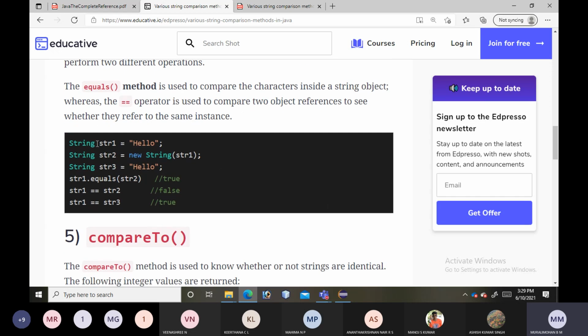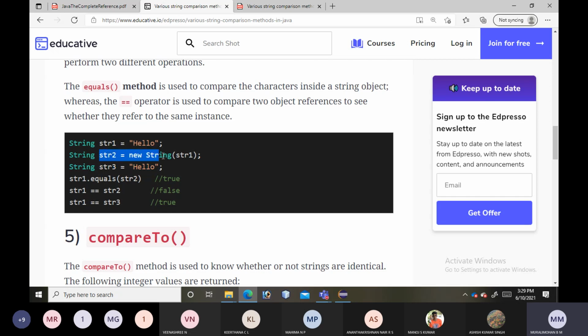Here, string str1 is equal to hello, this is one string. str2 is equal to new String of str1. Next, str3 is equal to hello. Now str1 is hello, and str3 is hello.